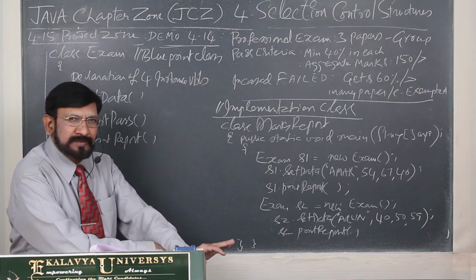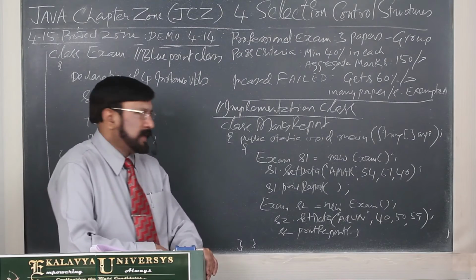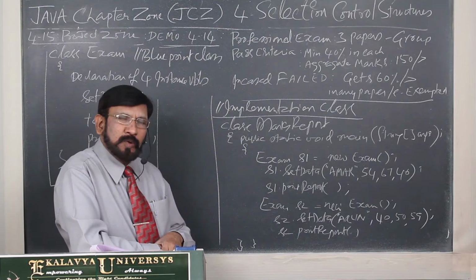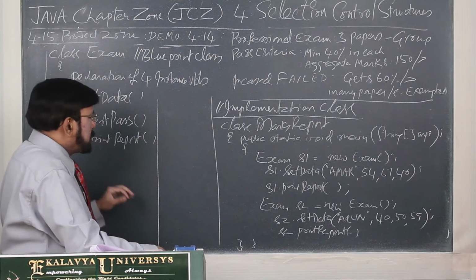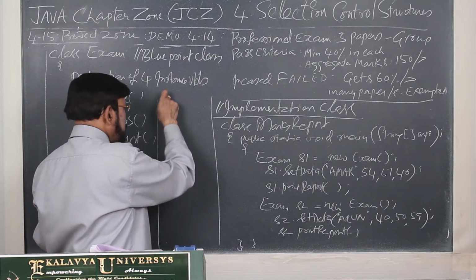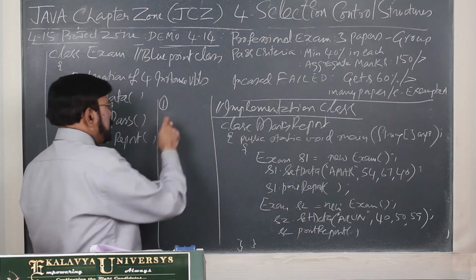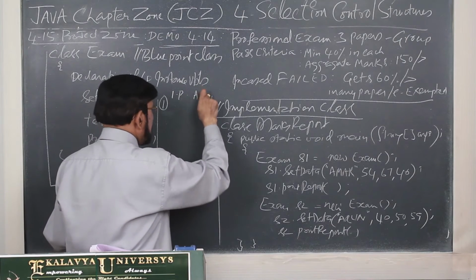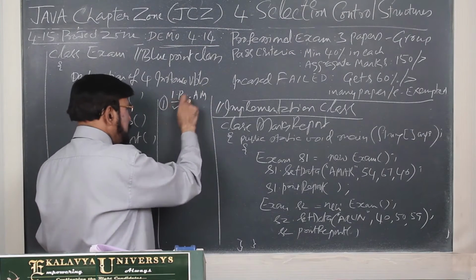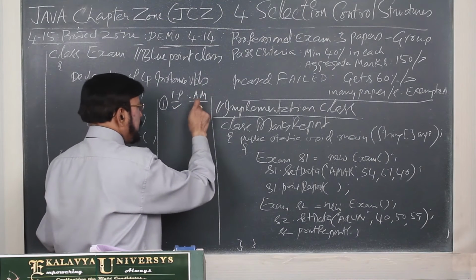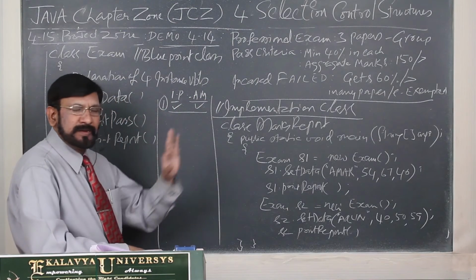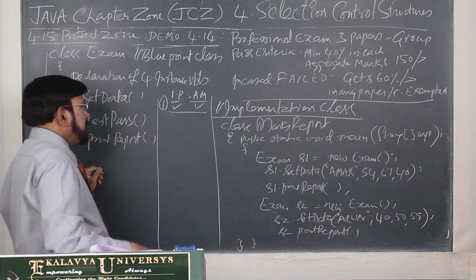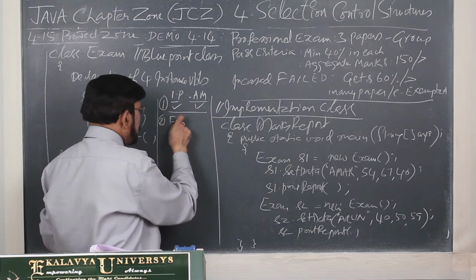Now I used one phrase, probable inputs. In this case, just apply your common sense and know what the probable inputs are. What are the probable inputs? Just let me list them out. In this manner you think. First one is, this is individual papers, this is aggregate marks. So the individual papers condition is satisfied and aggregate marks also is satisfied, then he is declared passed. This is one group, the passed group. And the failed group, now we are talking about the failed group.